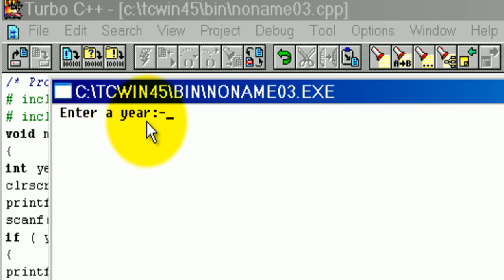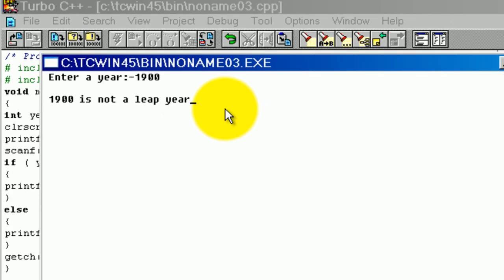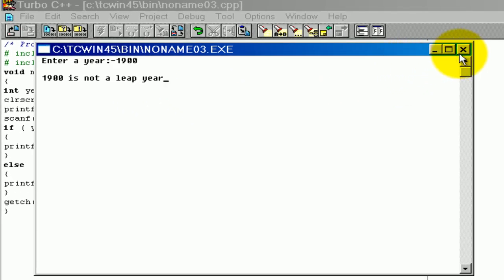Now enter a year. We type 1900. 1900, this year. Enter. 1900 is not a leap year, so it is correct. We again run the program.